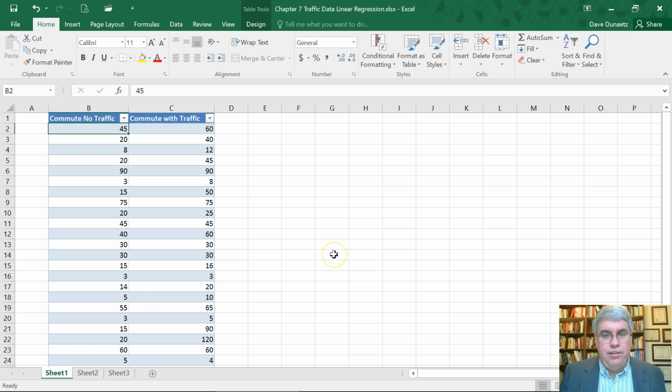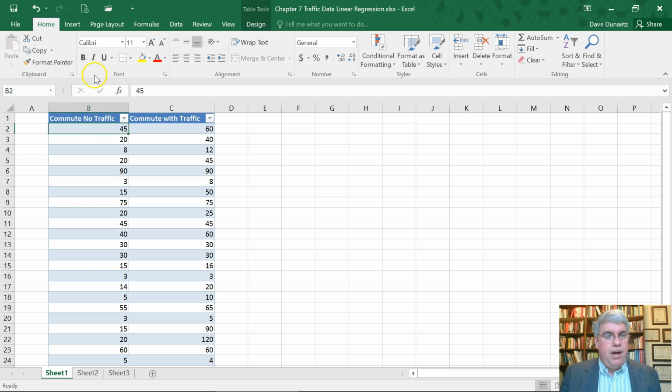And the way that we're going to do this is we're going to use simple linear regression. We're going to try to get an equation where y, the commute with traffic, is a function of the commute with no traffic, in the form of the equation y equals some number times x plus a constant. So let's do this by, since there's only two variables, we can use a scatter plot to make the linear